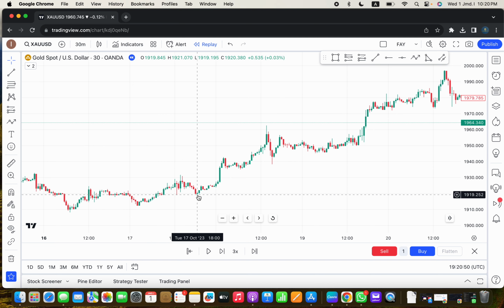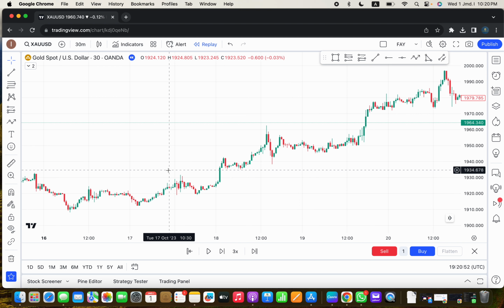What I want to explain to you is how we take advantage of this type of reading. Is there anything we need to know specially about this that will give us more clear entry positions, so that we don't lose our market due to stop loss and stuff like that? Before I proceed into the strategy itself,